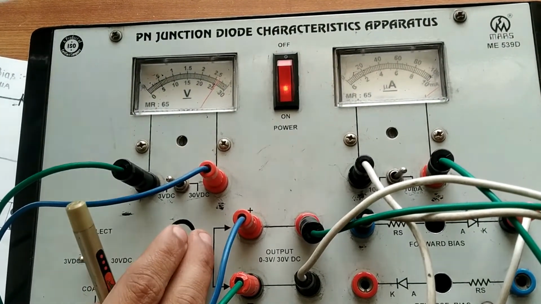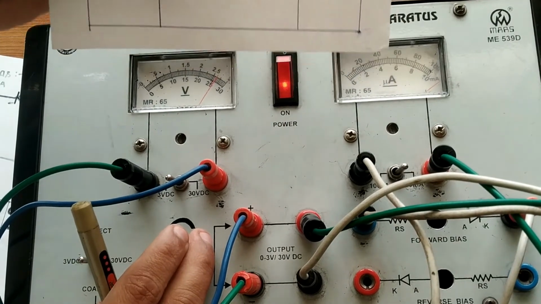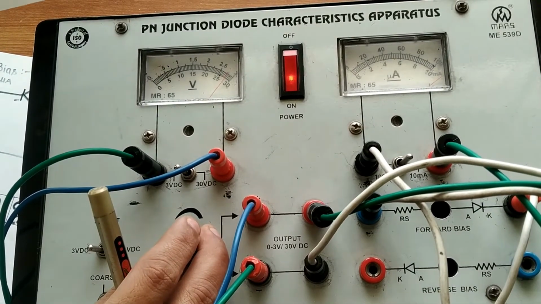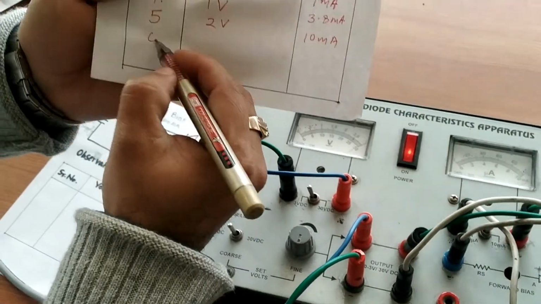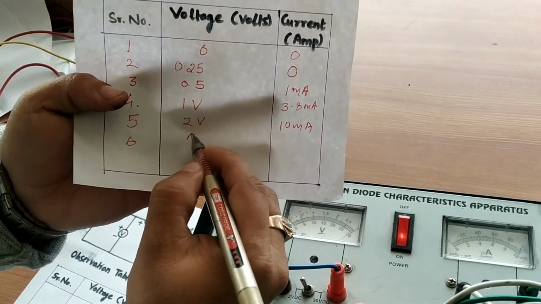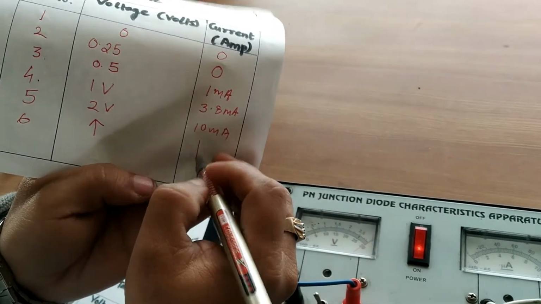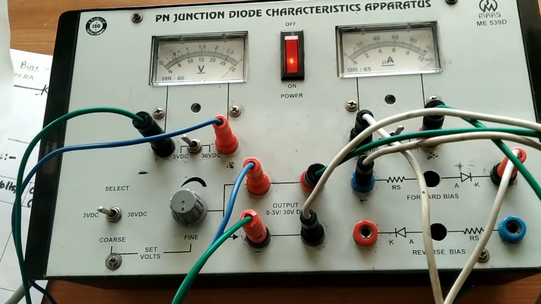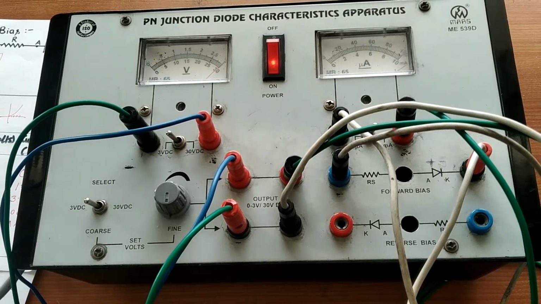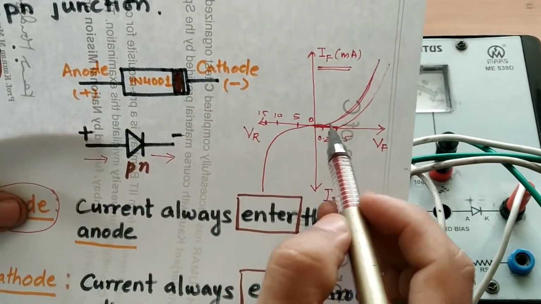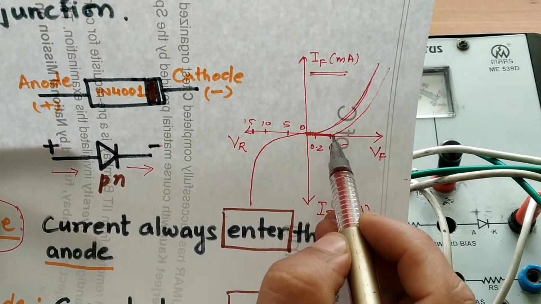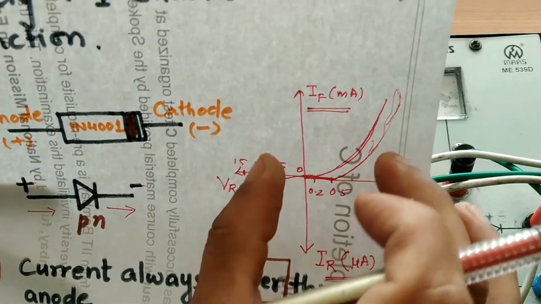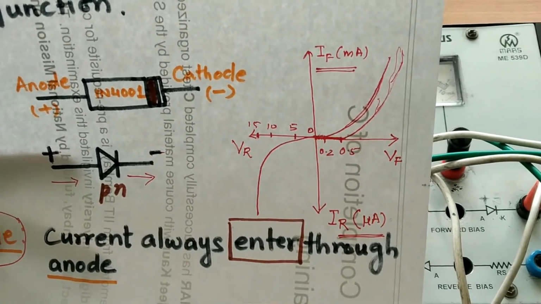I am increasing to 3 volt, you can see that we have not got a further reading. We have reached the maximum limit of the ammeter. As soon as we increase the voltage after 2 volt, you can see the current starts increasing suddenly. If you have seen the characteristic of a diode which I have drawn here, first the current was slowly increasing, and suddenly the current starts increasing. Okay. So this is the thing which we have verified with the help of forward bias.